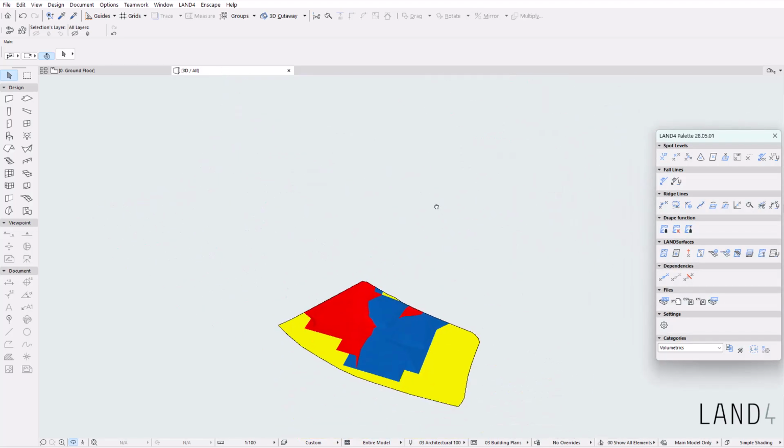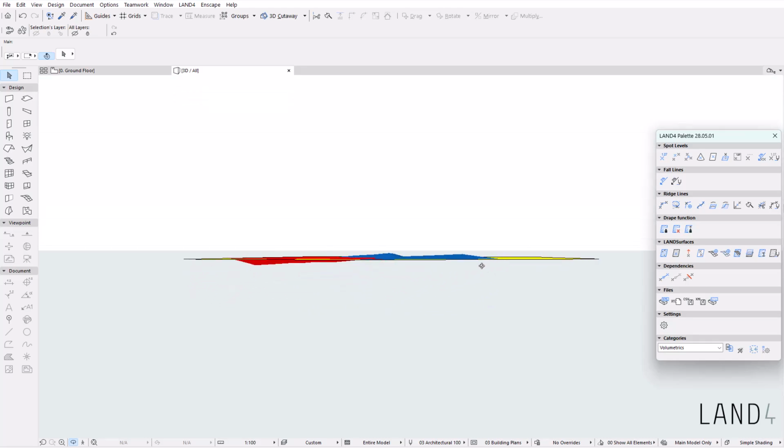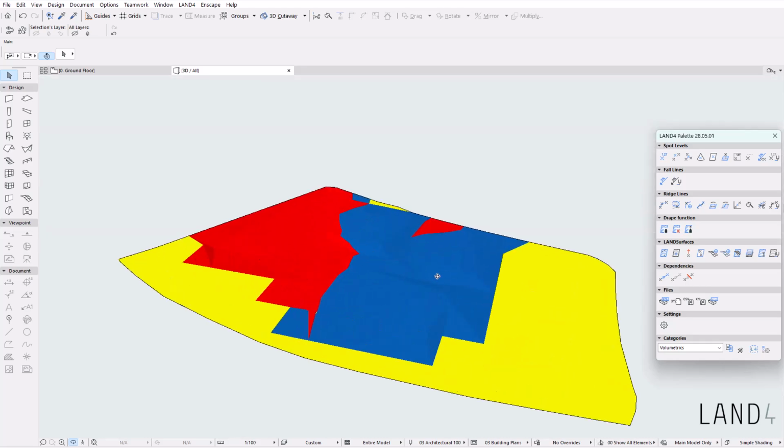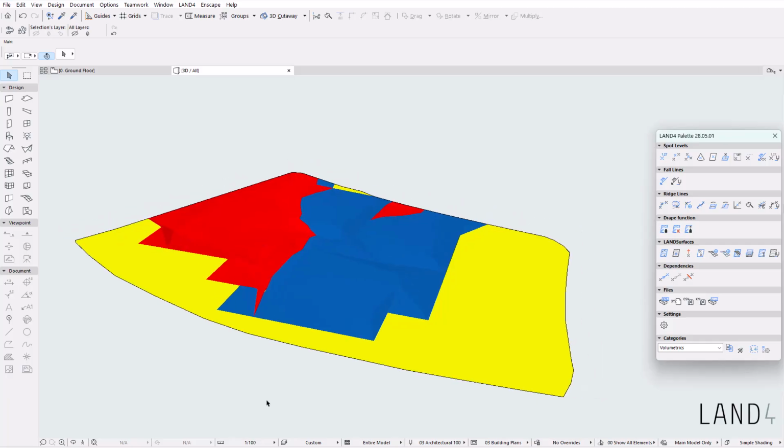Back to the 3D view, we have also the volumetric surface as a result. Here we can see the fill and the cut in 3D, but also the area that's neutral. Using the gravity tool, we can also read values along the surface, where we can see where it's cut or fill and how much along the surface.